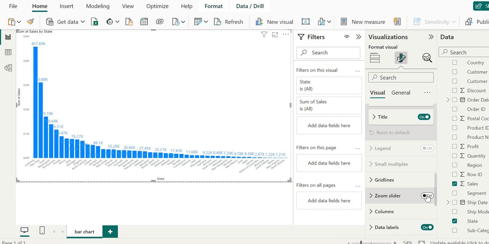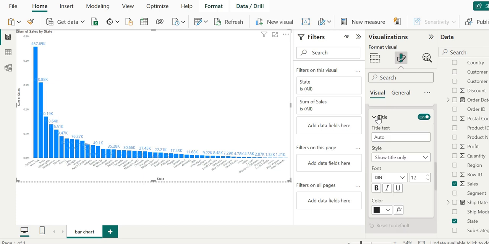You don't need to remember all the previous steps. Now we will play around with the title text.